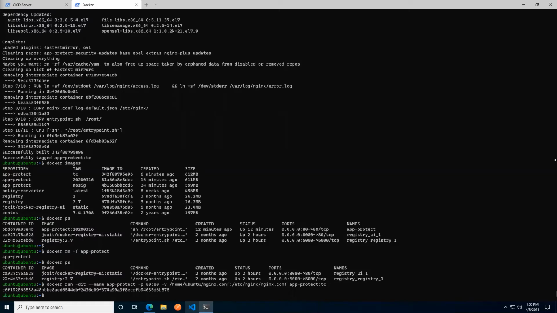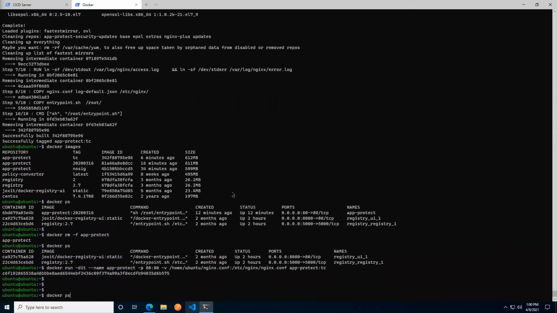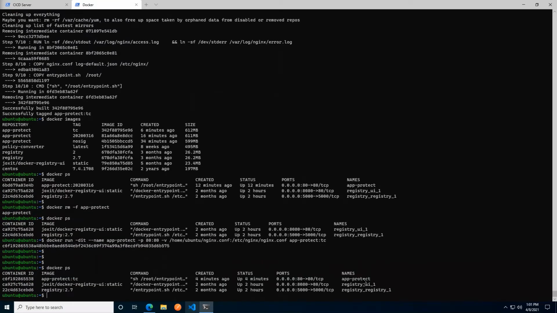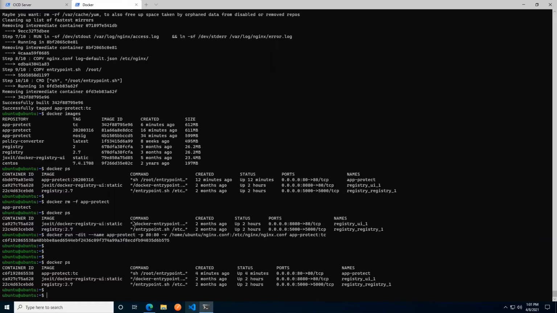Anyways, I digress. We have removed the original, or rather the intermediate Docker container that we ran, and we have indeed spun up... No, have we done that? Yeah, I think we have. So docker ps. Yes, indeed. And we have spun up a new App Protect container that is taking care of the protection based off of our third Docker image that includes the threat campaigns. The reason I mentioned the whole thing with needing to compile the rules first and foremost is that it's not instantly up and running.